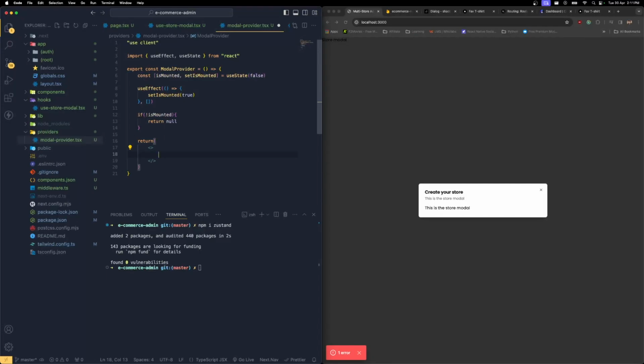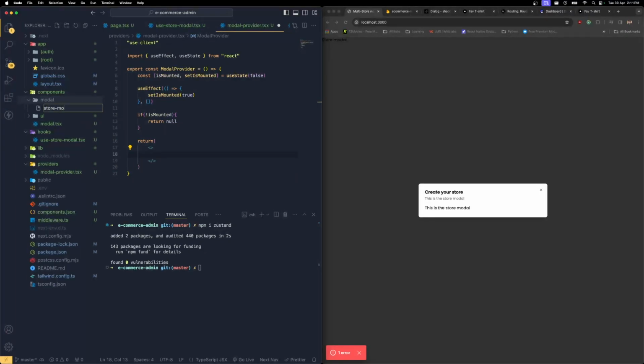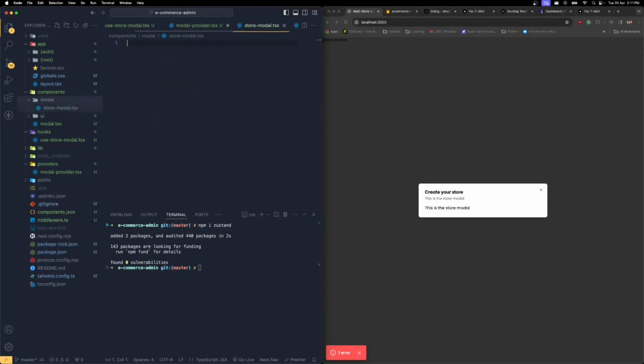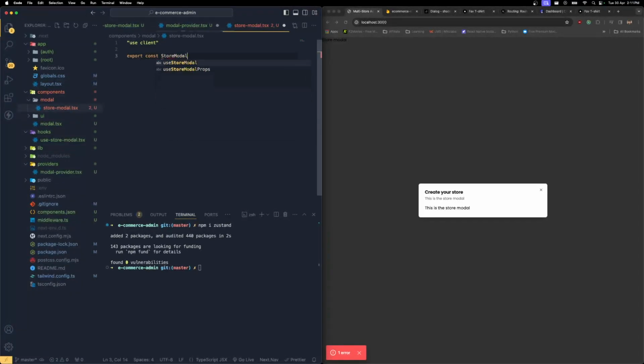So here now what I'm going to do is, under this components folder over here, I'm going to create a new folder called model, and here I'm going to create store-model.tsx. So inside this store-model.tsx, now what we are going to do is create a model which is going to have the create functionalities and everything. So let's make sure this is a use client. All right. Then what we are going to do is export const StoreModel is equal to